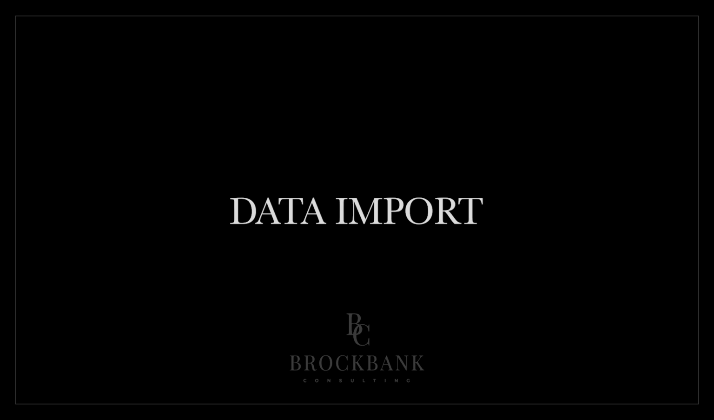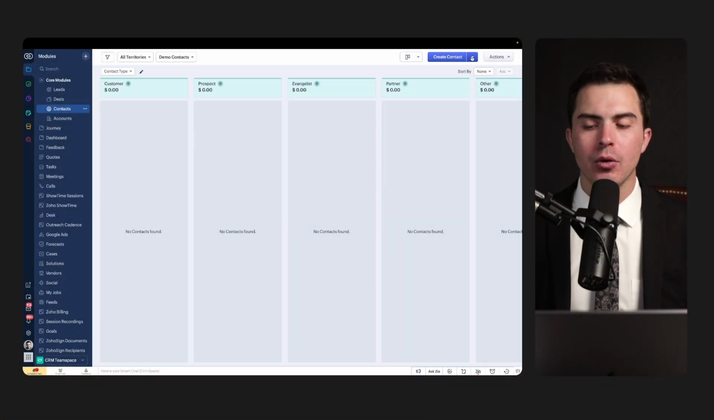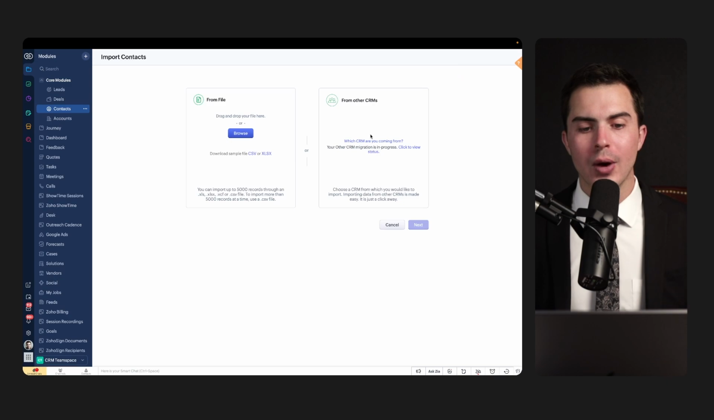If you want to import data into a specific module in Zoho CRM, you can do that by going into the module, then going over to this section, go to import whatever record you'd like to import, and then you can drag a file that you have on your device into the From File section. If you want to bring over data from a different CRM system that you're using, you can use the